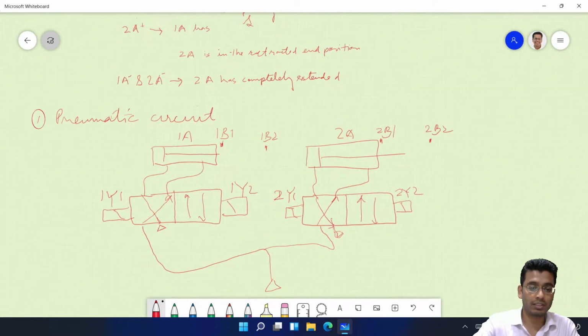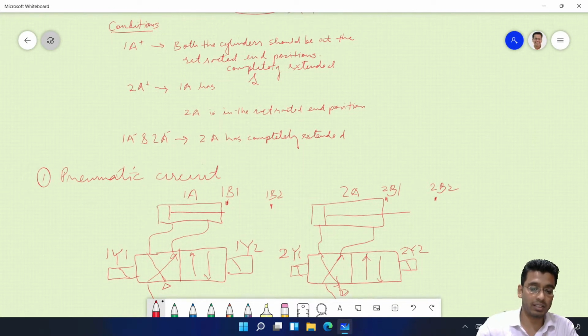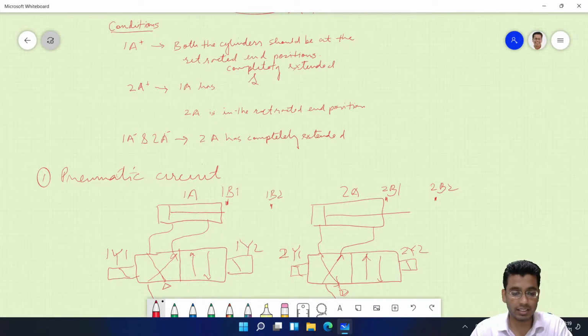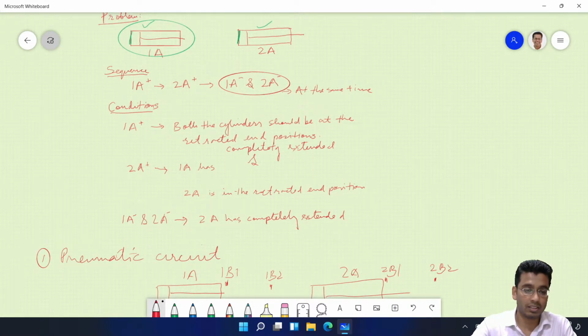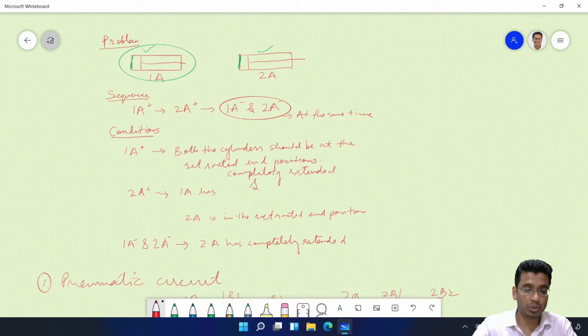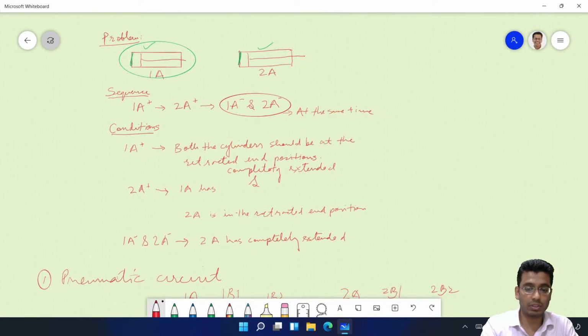One way was that the cylinder would automatically start like this. But in the problem sequence itself, it should say that these motions should start with the press of a push button.